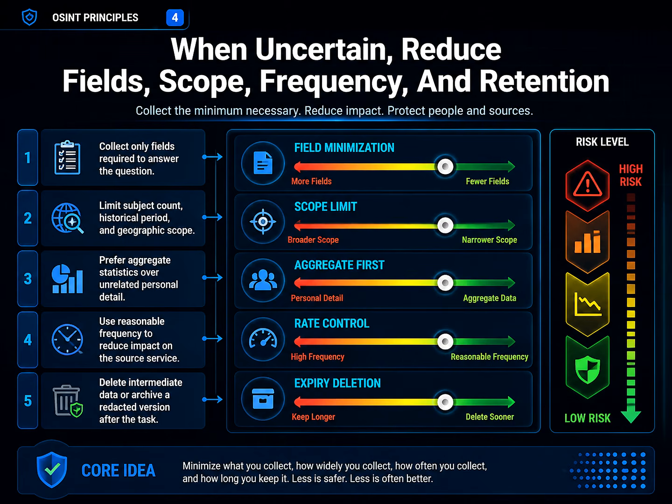When the answer is uncertain, narrow the task before debating a maximal plan. Reduce the fields. Reduce subjects, geography, and time. Lower the collection frequency. Set a review and deletion date before the data arrives. To verify whether a recruitment account repeatedly misuses a company name, we may need the account, role title, publication date, company domain, and official comparison. Applicant photographs, personal histories, and complete contact details do not improve that judgment. Authorized raw evidence can remain in restricted storage while working tables and public products carry fewer fields. Preserving evidence is not the same as spreading all available information.